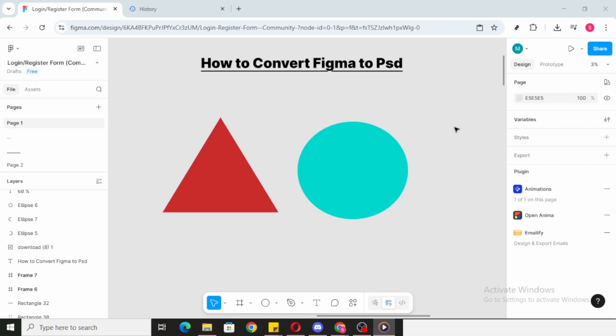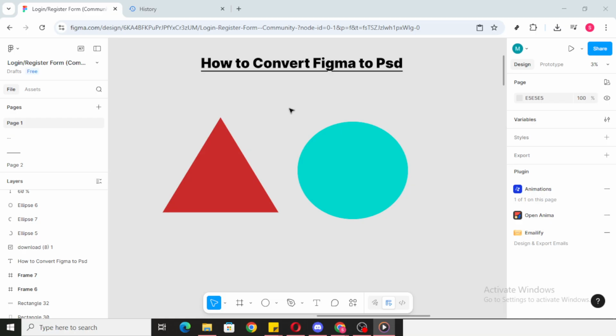Start by opening the Figma website in your browser and signing in. Navigate to your project and open the specific design you want to convert. Make sure you can see the exact frame you plan to export. In Figma, frames act like pages or artboards, so double-check that you've selected the right one. If your design has multiple frames, you'll want to focus on the single frame that needs to become a Photoshop